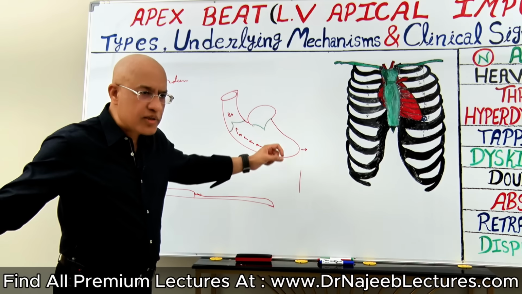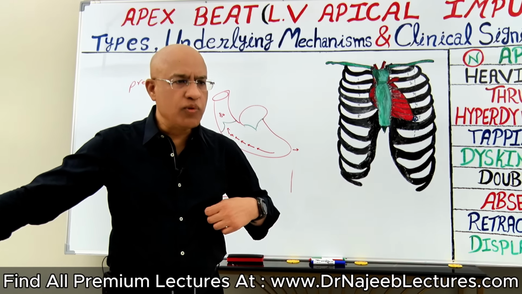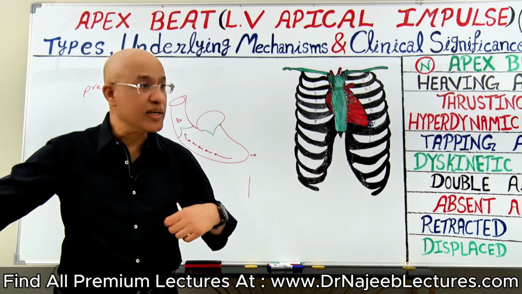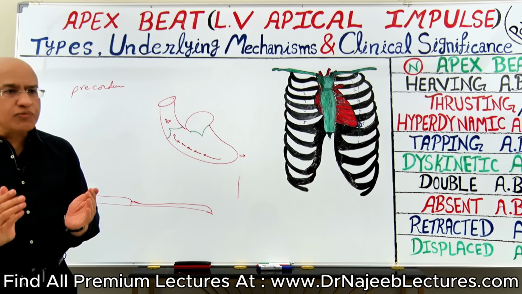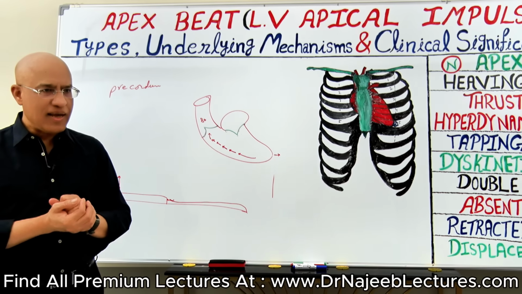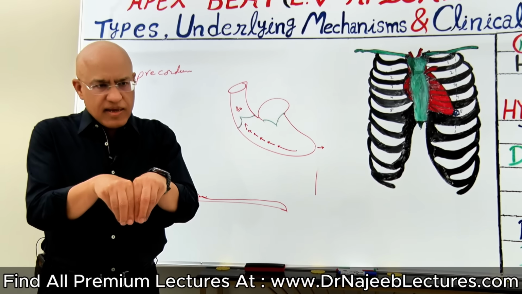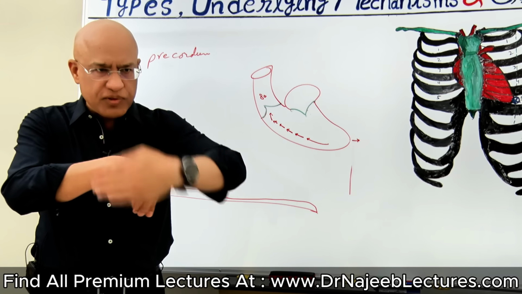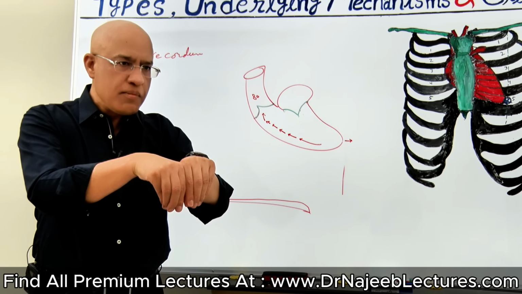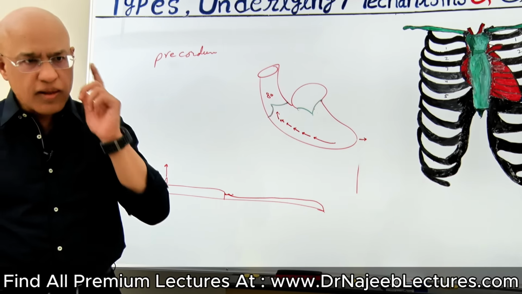If left ventricular contraction is producing apex beat here, why right ventricular contraction does not produce apex beat? Because the right ventricle also contracts, and the left ventricle and right ventricle both contract almost simultaneously. And interestingly, if this is left ventricle and this is right ventricle, they are in this position. If this is the chest wall, the right ventricle is more with the chest wall and the left ventricle is less. But when the right ventricle contracts, if it is healthy, we don't feel any beat